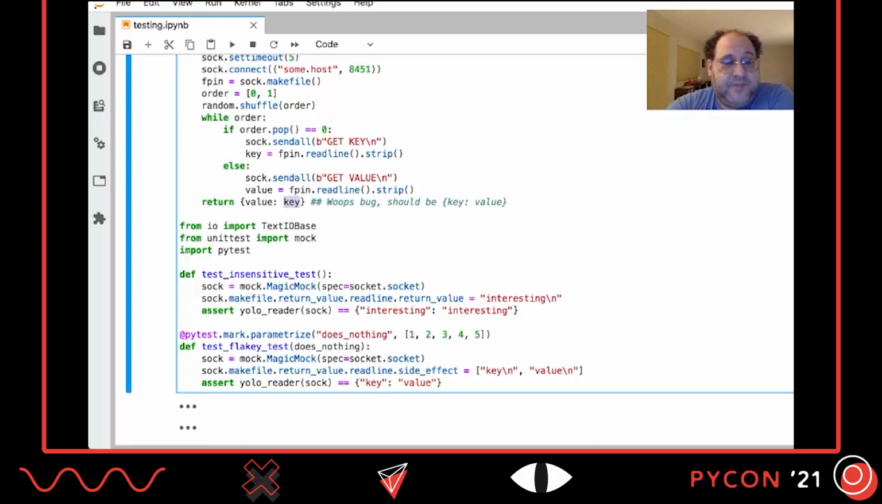And because this is random, right? If you write an insensitive test that always returns interesting, it's gonna work all the time, right? But it doesn't detect the bug. And if we use the iterator side effect, then it's gonna work sometimes. But because it does work sometimes, I want to try it a few times to make sure that